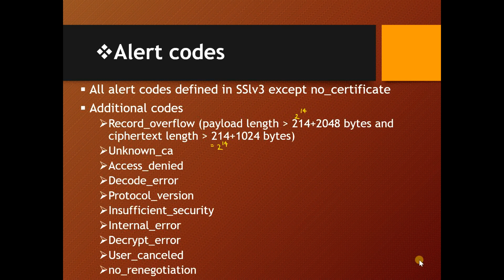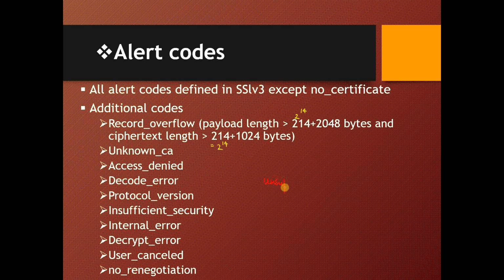The last message, the no negotiation message, will be sent in response to a hello request, or by the server in response to the client hello after the initial handshaking. Either of these messages would normally result in a renegotiation, but this alert usually indicates that the sender is not able to renegotiate, and usually this is considered one of the warnings. Now in addition to this, there is one more alert which is called the